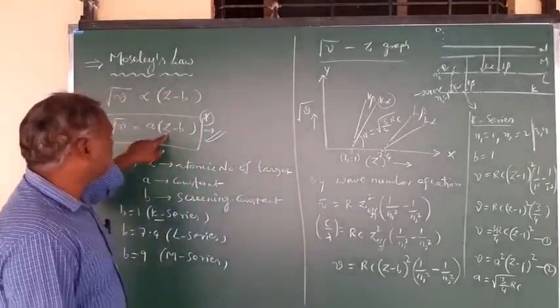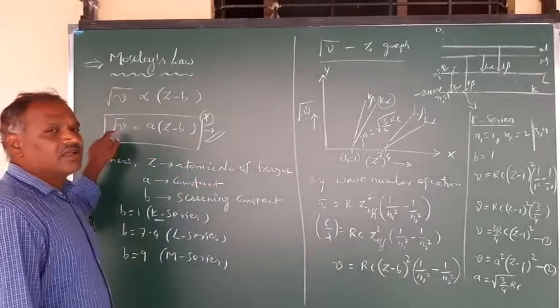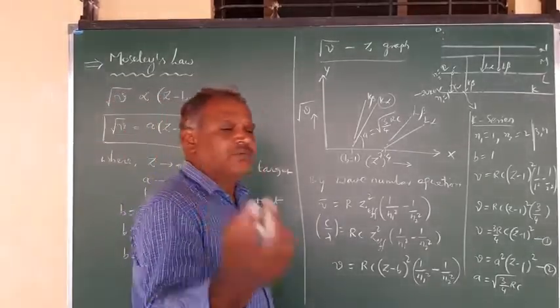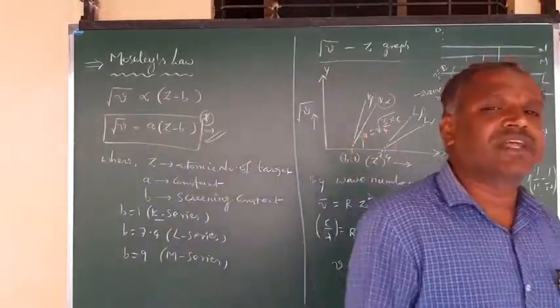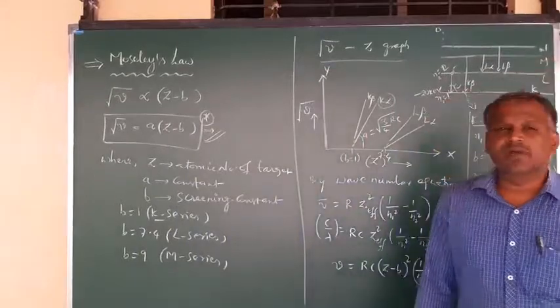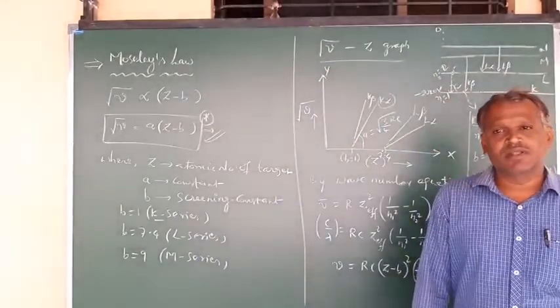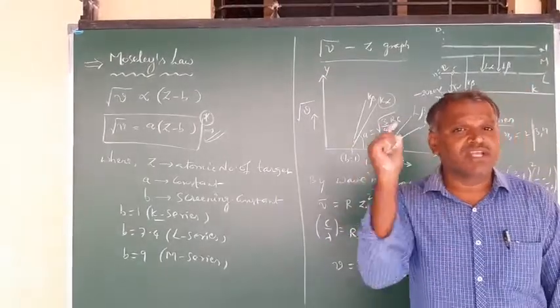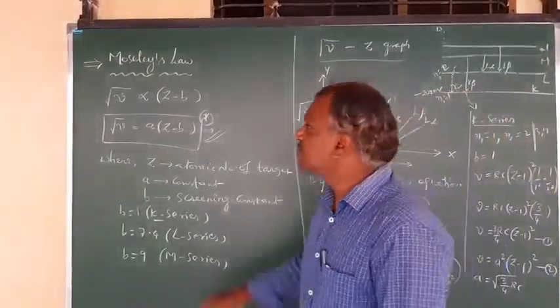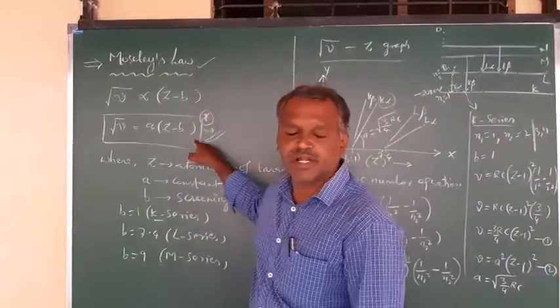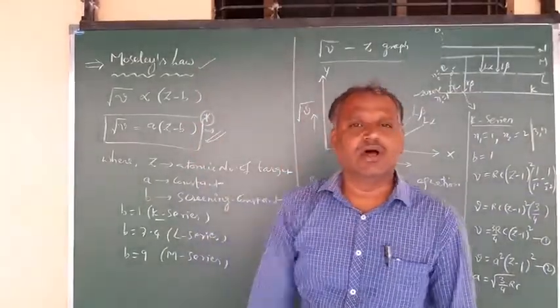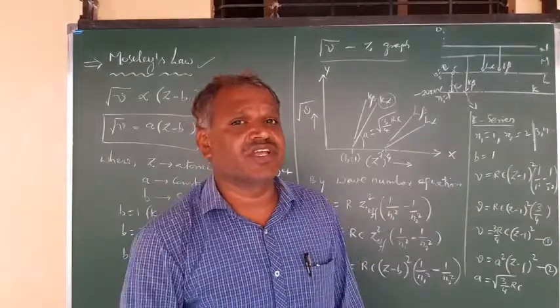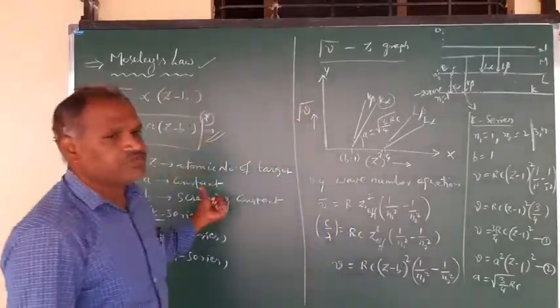There is a relation between the atomic number and the frequency emitted in the characteristic X-ray spectrum. When the atomic number of the target material is changed, that means the nature of the target is changed, and the frequency of the emitted X-rays also changes. That was observed by Moseley, who gave this statement and equation for Moseley's law, for characteristic X-rays. So this is what you can observe.